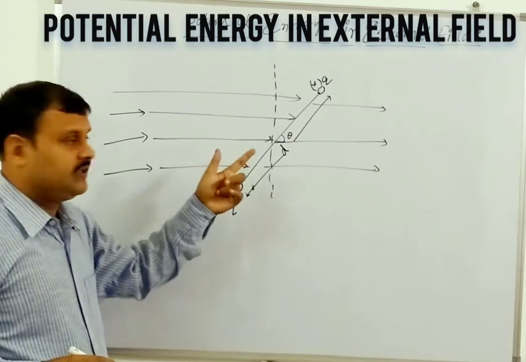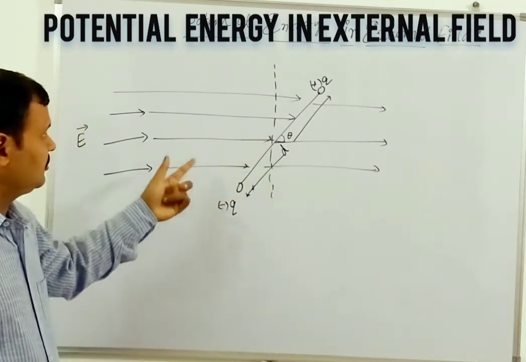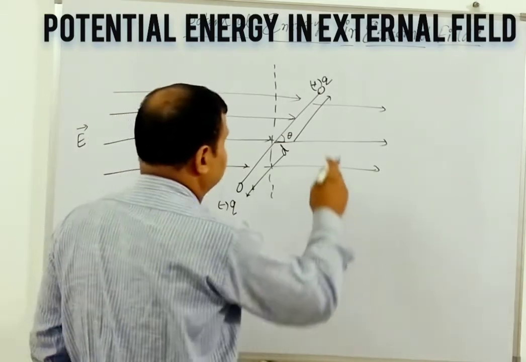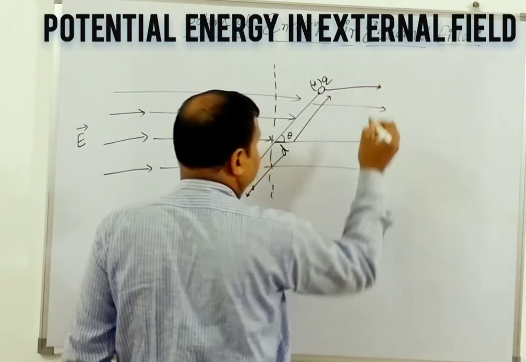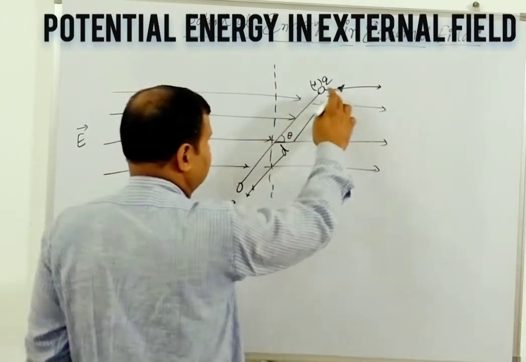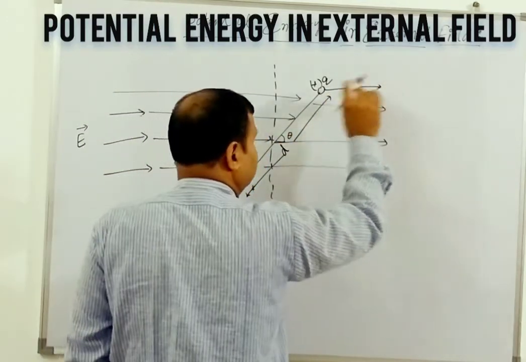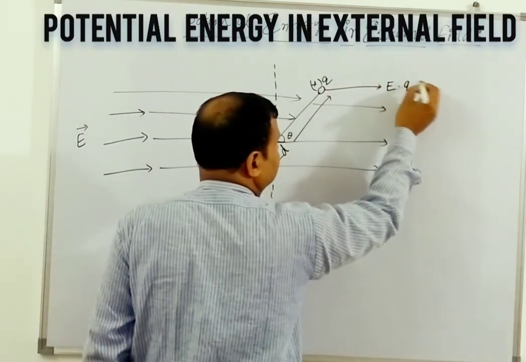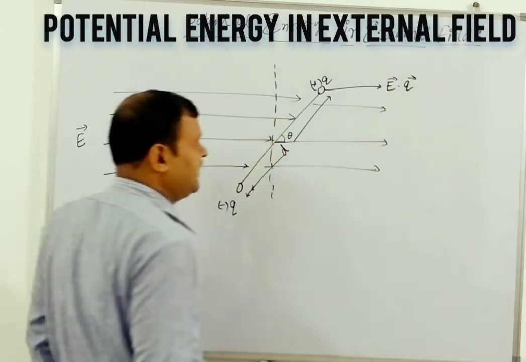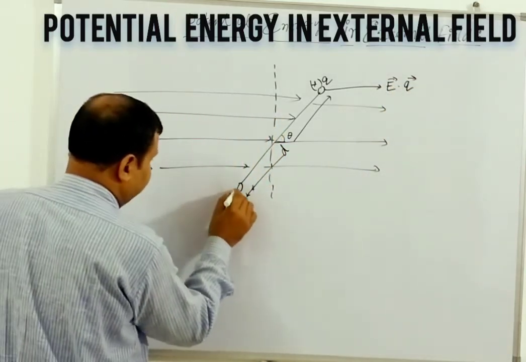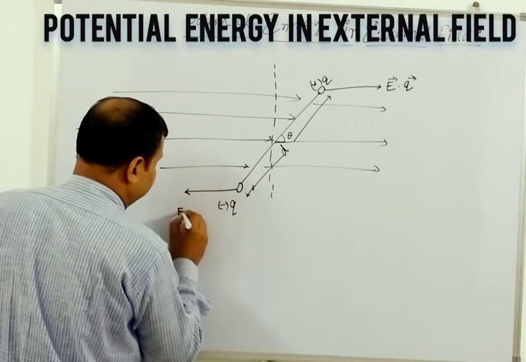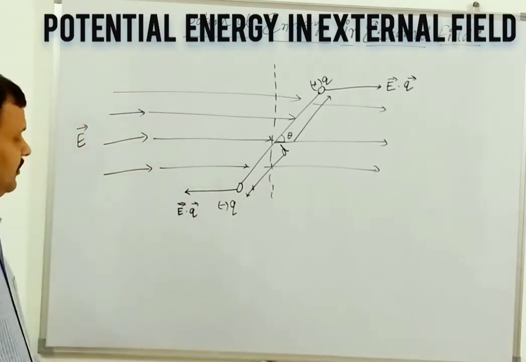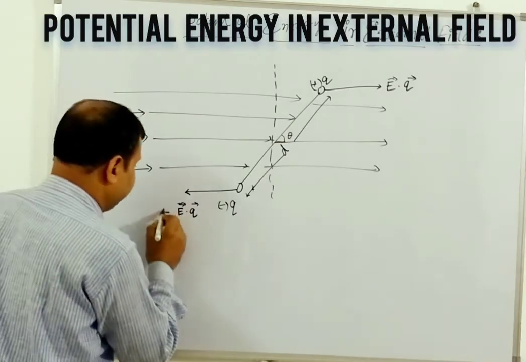So we will recap a little bit about the torque and dipole, because due to this electrical field, this one will feel some pressure, some external electrical field force EQ. This side, repelling pressure, and as it is negative, this will feel some pressure, electrical field into Q, this side. But here you see, this is negative and this is positive.